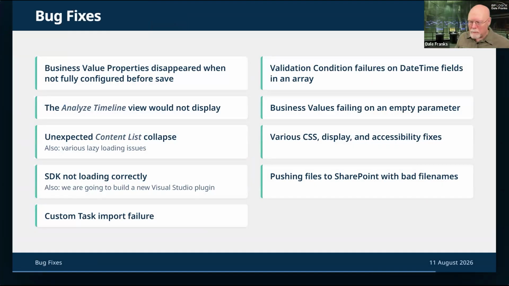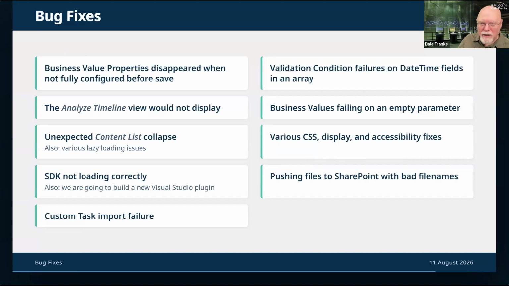Finally, let's get into some bug fixes to round off the half hour. If you were configuring something like a set form data and you were going to look at a business value, but you decided you would set your controls that you wanted to change, and you were going to set it to a business value, but you didn't actually configure the business value property that you wanted, say perhaps you hadn't created it yet or what have you. When you save the form, all of those blank business value properties just would disappear.